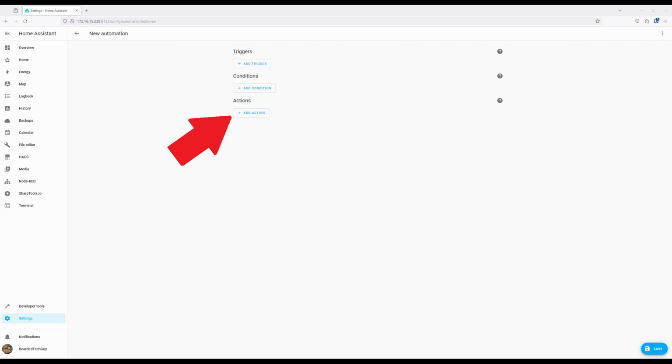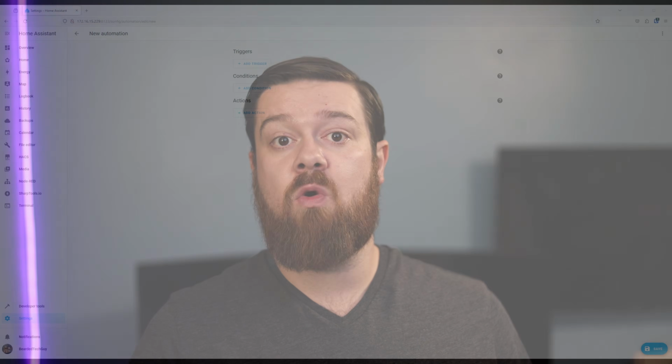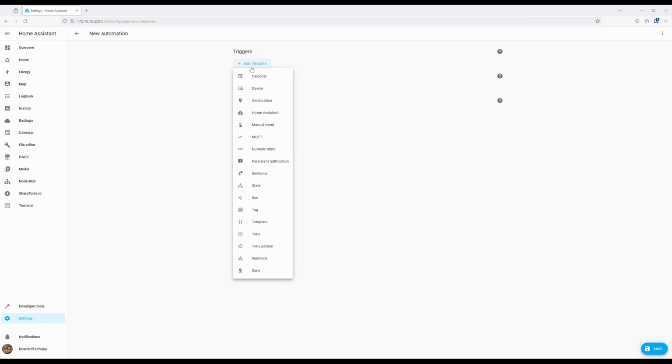And lastly, the action of an automation rule is what is executed when a rule is triggered. Conditions can also be part of an action. You can combine multiple service calls and conditions in a single action, and they will be processed in the order you put them in. To add a trigger, condition, or action, simply click on the Add button under the appropriate